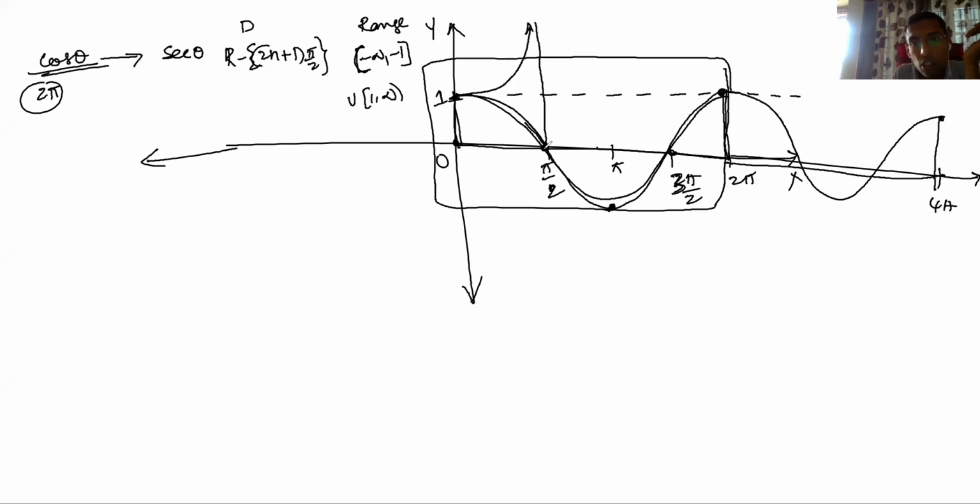Okay, then next, in the first quadrant it is positive, and in the second and third quadrants negative. Cosecant theta, secant theta also negative only. So that means if you draw in this interval, it's going to be like this. Again, in the fourth quadrant it's going to be positive. Positive means you're going to get like this. For 3 pi by 2, cos theta is 0, so secant theta is going to be infinity. It's like this, infinity, and it's going to be like this.